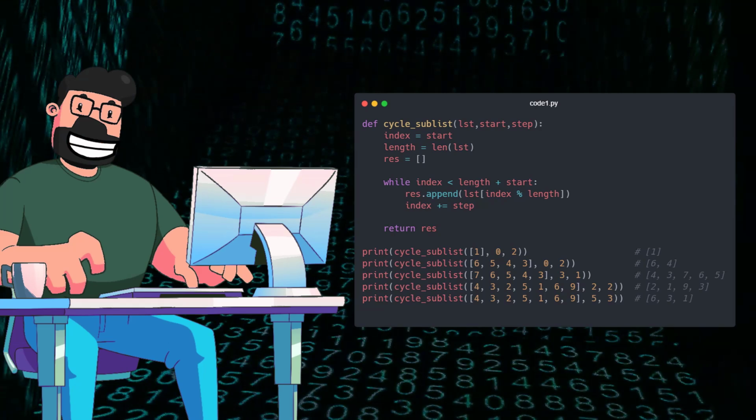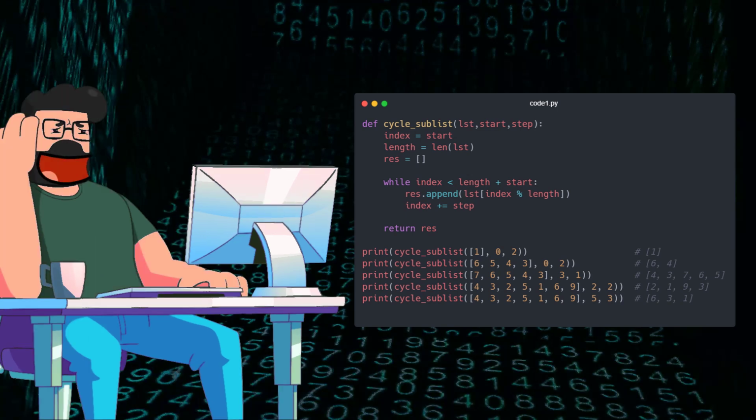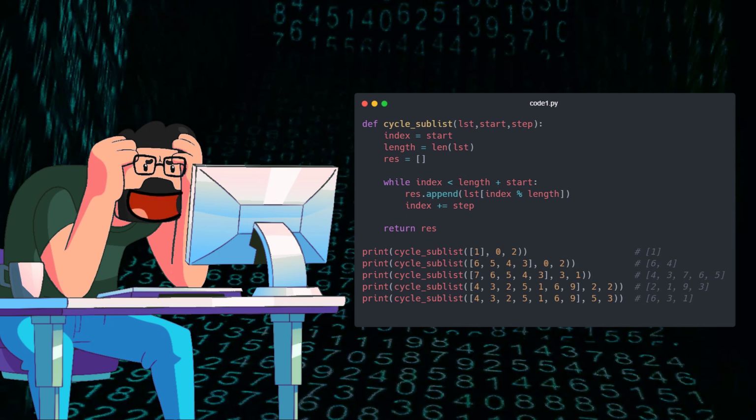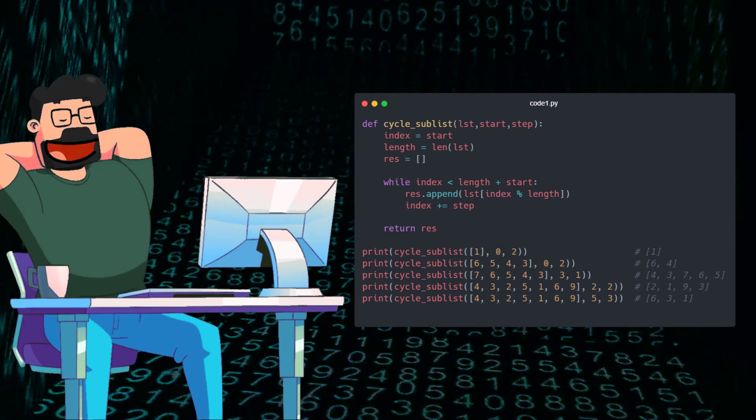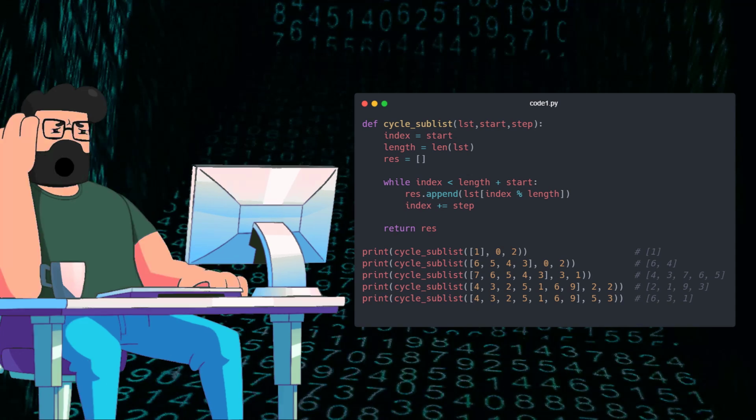The cycle_sublist function provided tackles the problem efficiently. By initializing an index at the starting point and iterating over the list based on the step value, the function cleverly handles the cycle detection. The key lies in not restricting the index within the list's length, but using the modulo operator to wrap around the list seamlessly. This approach simplifies the cycle detection logic and ensures a smooth iteration through the list, capturing the